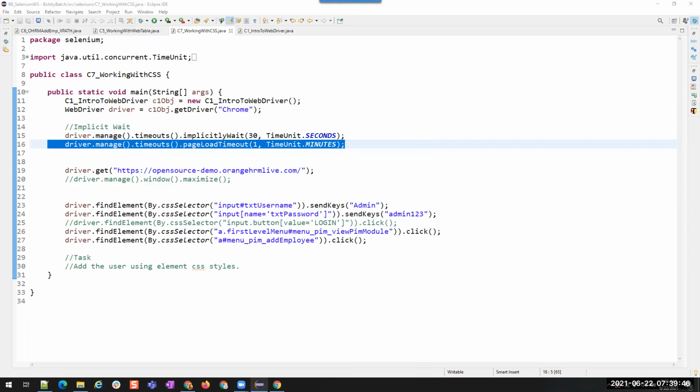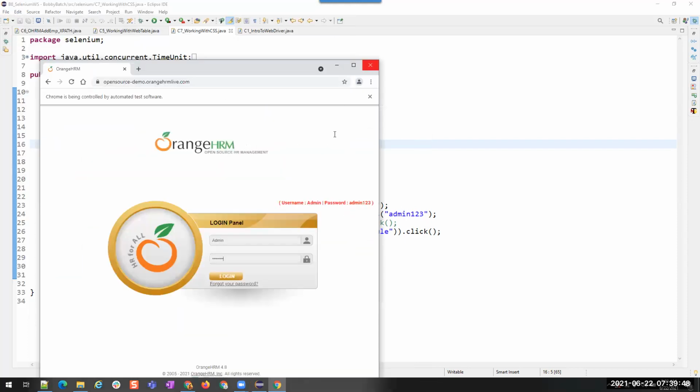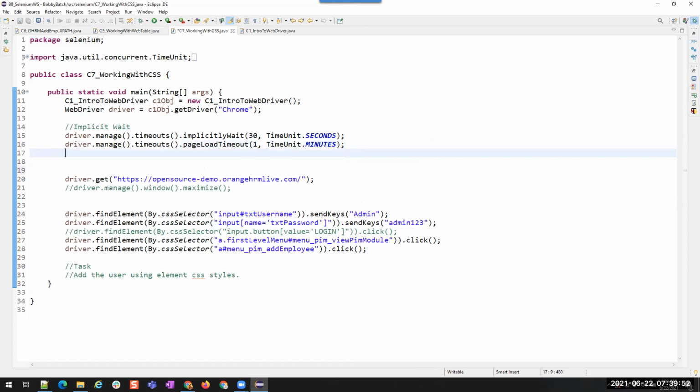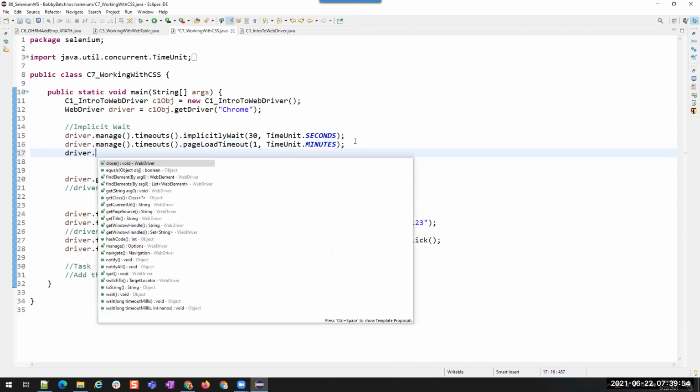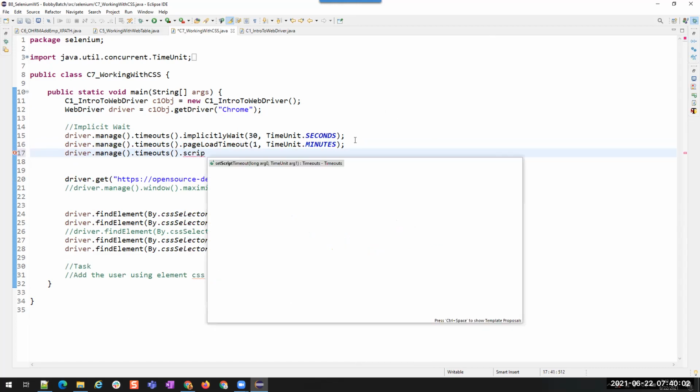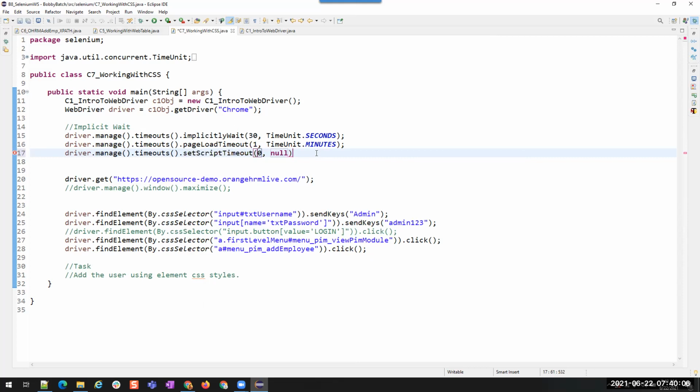Yes, Nikhil. Okay. So now there is one more thing, which is called script timeout: driver.manage().timeouts().setScriptTimeout. This is also one of the timeouts that we can apply, but generally we don't use this because we are not using JavaScript.